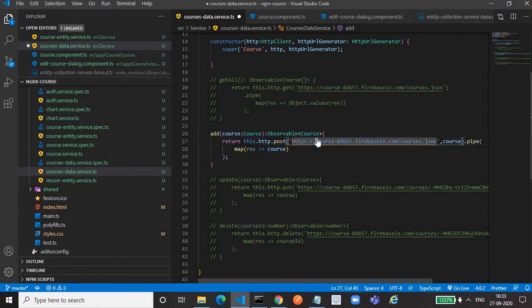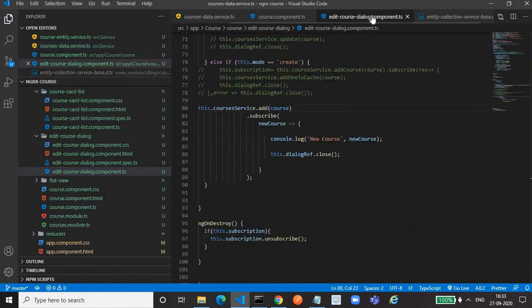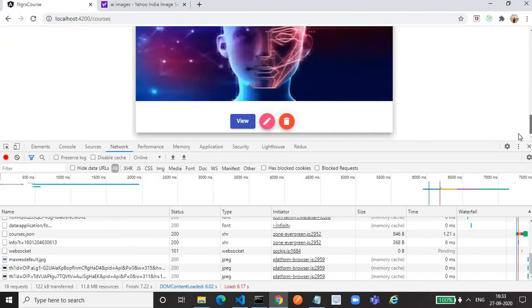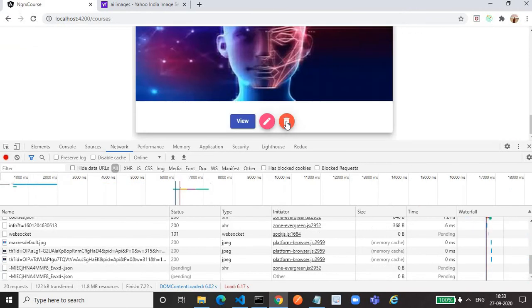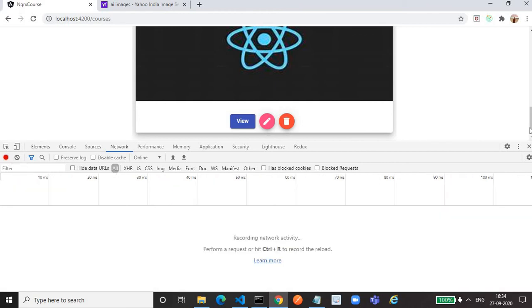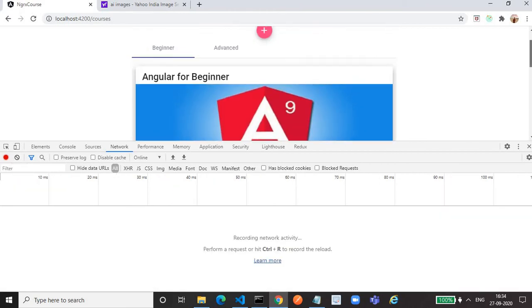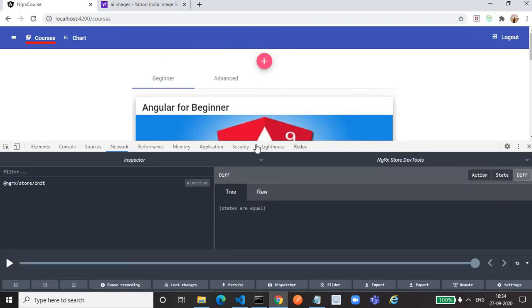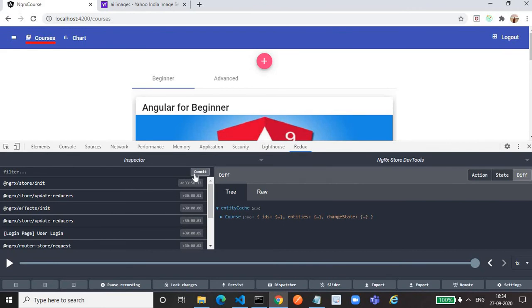Now if we save, first of all, let me delete this so that we can add it again. We will go to the Redux tab, also clear everything.